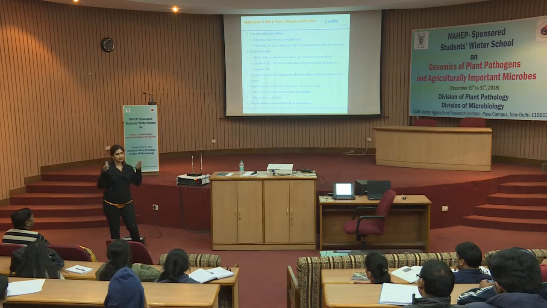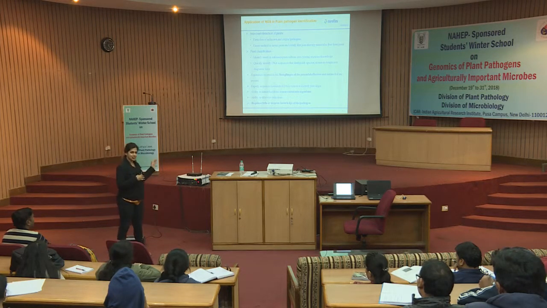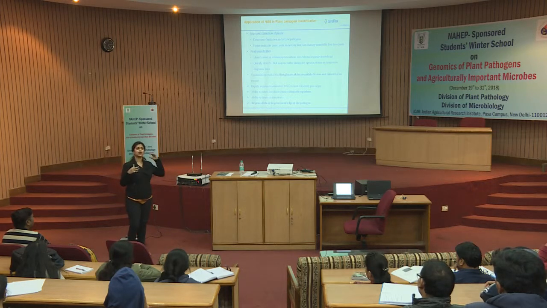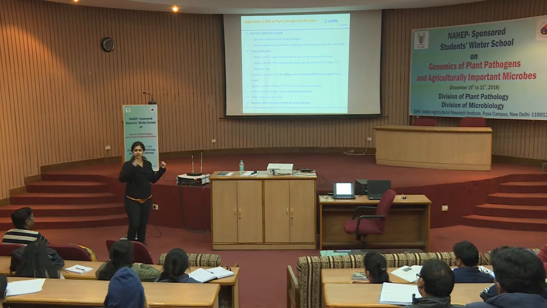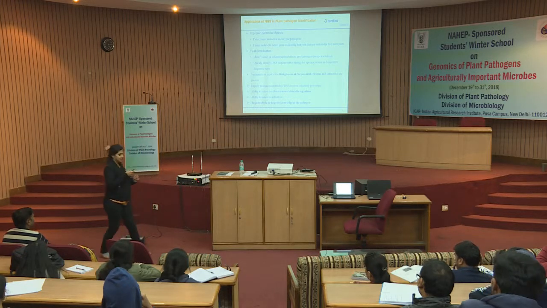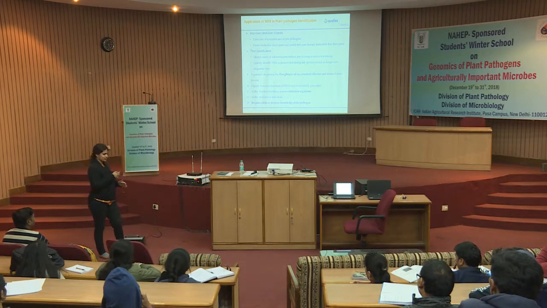Sanger sequencing is when I am doing a small stretch, and for that also, if I have a genome that is beneficial, then only I can compare, align and identify the SNPs and all. But in NGS, if I do not have a reference, if I do not know a genome also, I can do this. So, for example, there are new pathogens which are infecting your plant. So, I can do a sequencing from here and I can identify at least a closely related species, or I can identify that, fine, this is a non-culturable one which is having an infection, right. So, this is the strength of NGS and the genome sequencing.